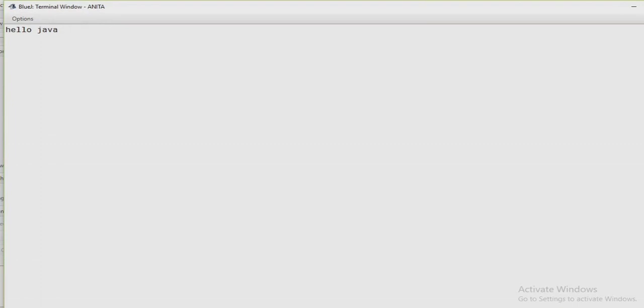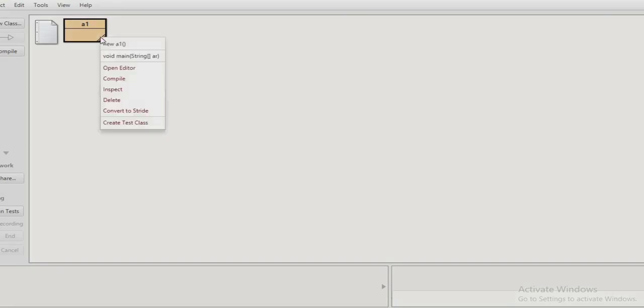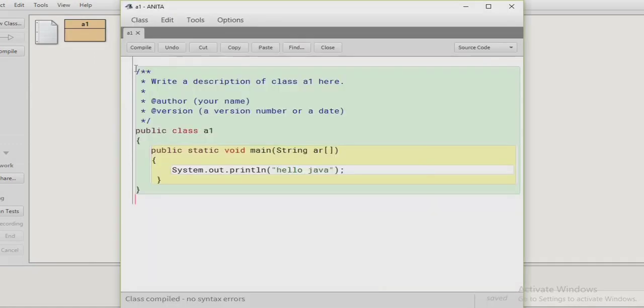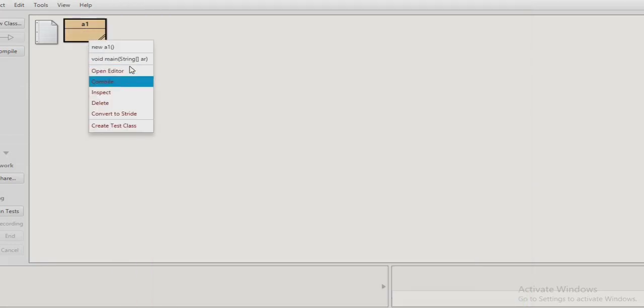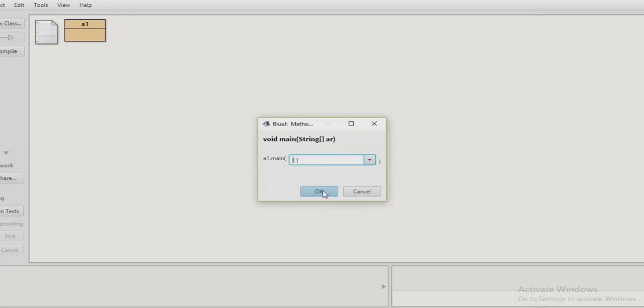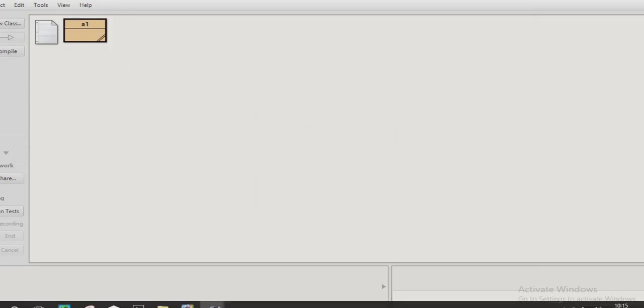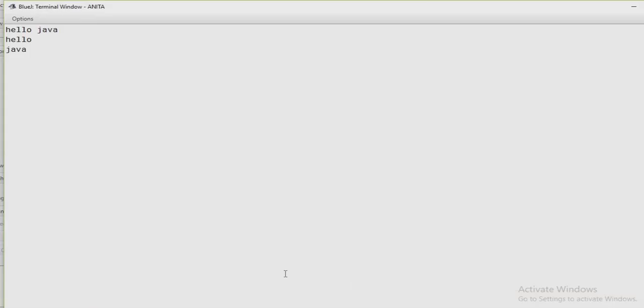Now after this, I'll show you how to insert the escape sequences and what the output of the escape sequences is. The first escape sequence is \n. So I simply write \n. Now see what output comes. Again, compile it and then execute it. Now see the output. Earlier it was hello Java on the same line. Now hello and Java are on different lines because of the escape sequence \n.